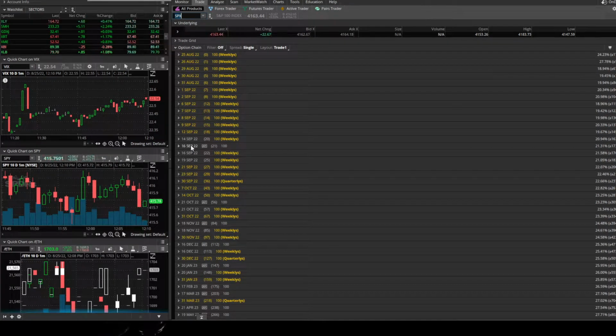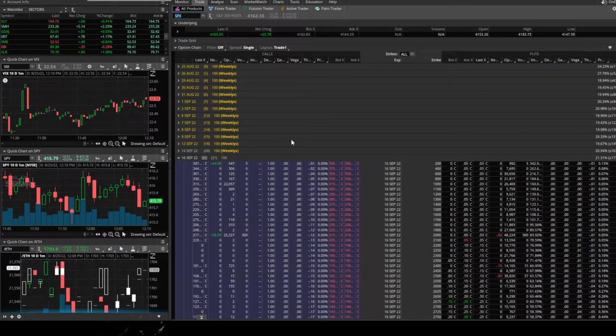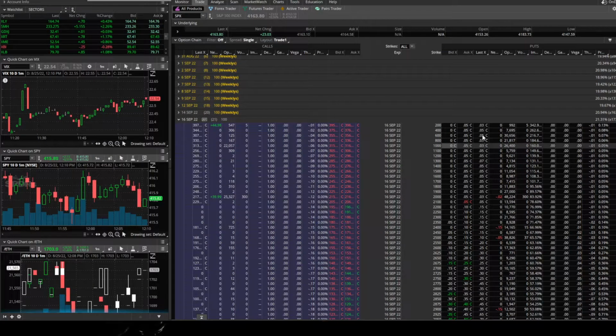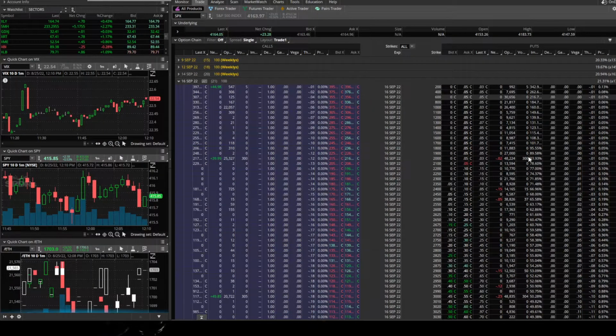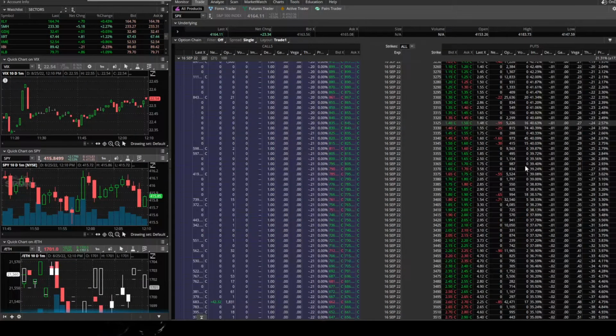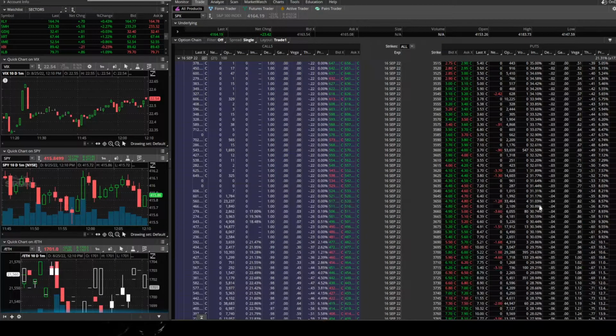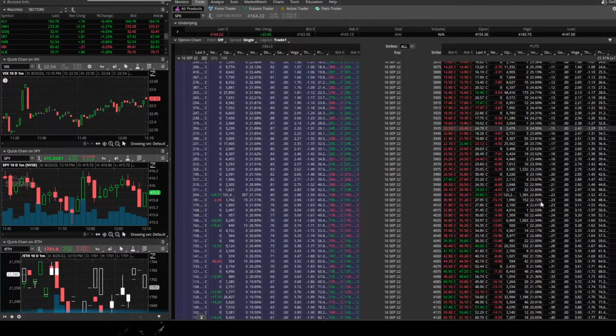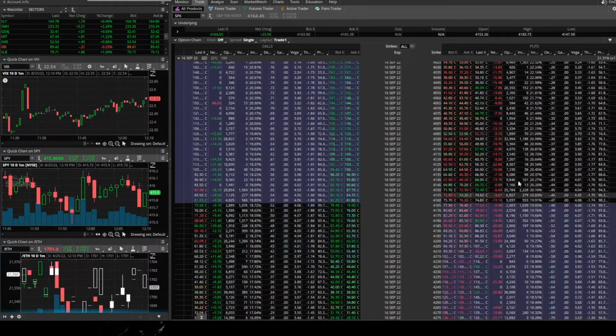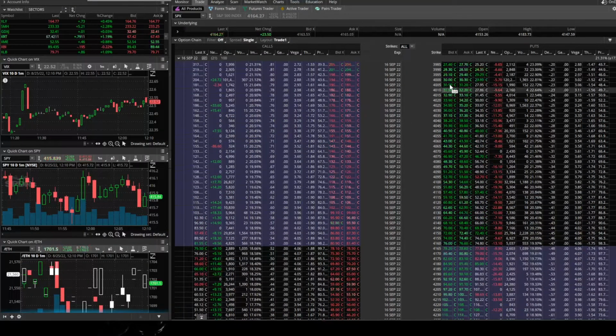All right, for September, this is a monster options expiration, guys. By the way, this is the biggest options expiration in stock market history that's about to come up right here on the SPX. Okay, this is going to be a historic options expiration. Let me tell you why. Look at this, already at 4,000. That's the big OI strike right here.